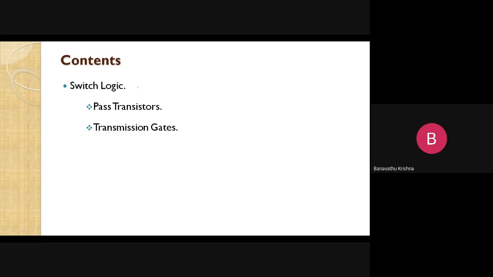And then some array arrangements are going to be designed using such a pass transistor. When we are going with this pass transistor, what problems are going to occur? How are those problems going to be resolved by using some other technique, the transmission gates? So we are going with the transmission gate. When the transmission gate is implemented, what are the advantages and what are the disadvantages?